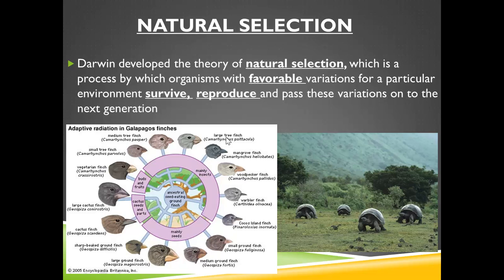And he found out that the ones that were on an island that had mostly nuts as their resource, their type of food, had beaks similar to these right here. A strong, small, bulky beak, so you could break hard nuts. Ones that had a high population of insects, and the insects were the type of food that the finches ate, had beaks like this. And other ones ate fruits and berries and things like that. But depending on the food that was available in that environment, those are the finches that were better adapted, or better suited, or better equipped to live in that area. So they would live,